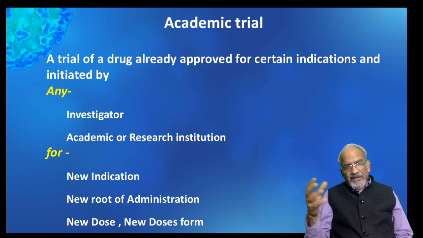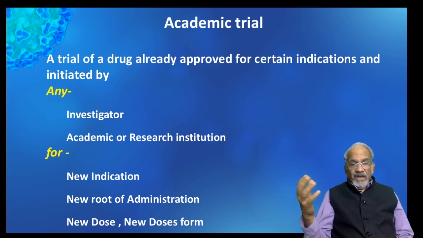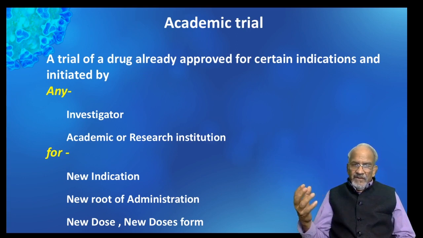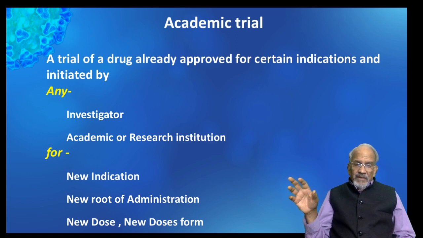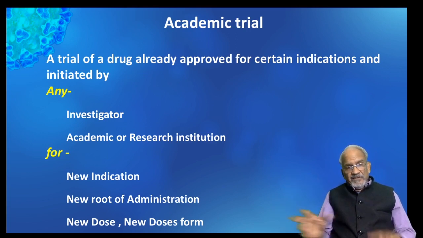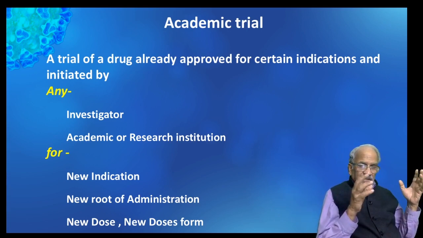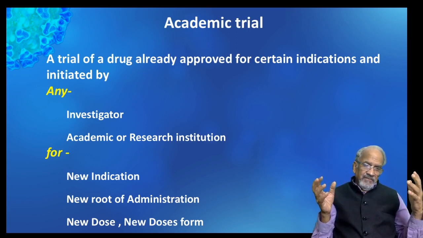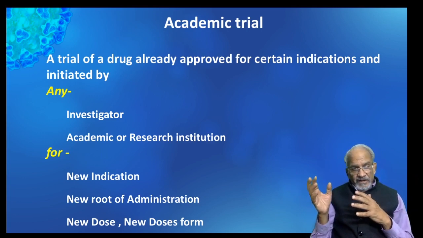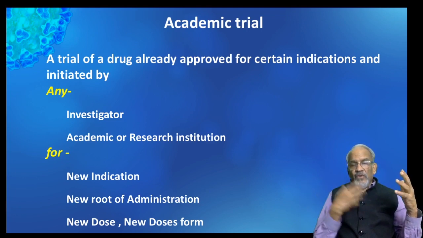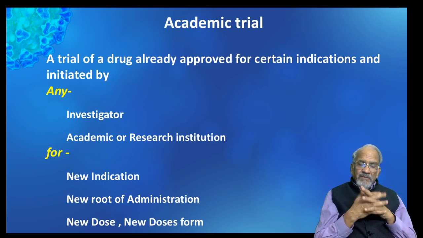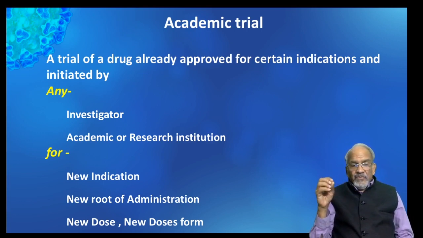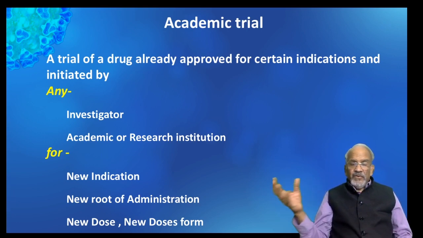The next issue, particularly related to COVID trials, is the academic trial. What is an academic trial? It is a trial of a drug already approved for a certain indication, and the trial is initiated either by an investigator who is an academician or by an academic institution. Maybe the All India Institute of Medical Sciences starts it, or maybe the CDRI starts it, a research institution or the investigator, for a new indication which was not earlier an indication, or for a new route of administration. The drug was given orally, and now for COVID you want to give it by the intranasal route, or by any other route, maybe by suppository. Initially it was given for malaria, now you want to give it for COVID,